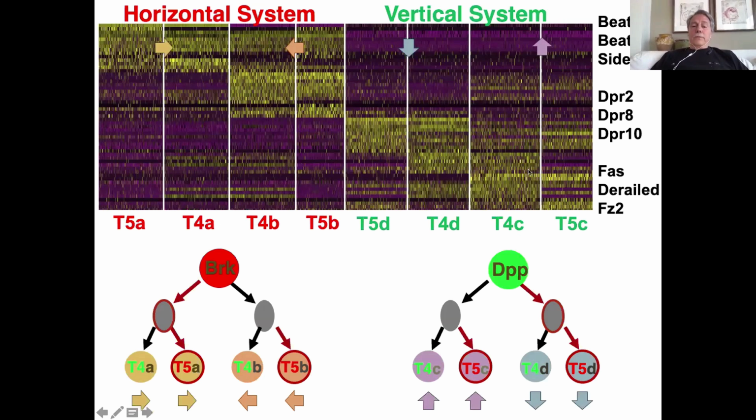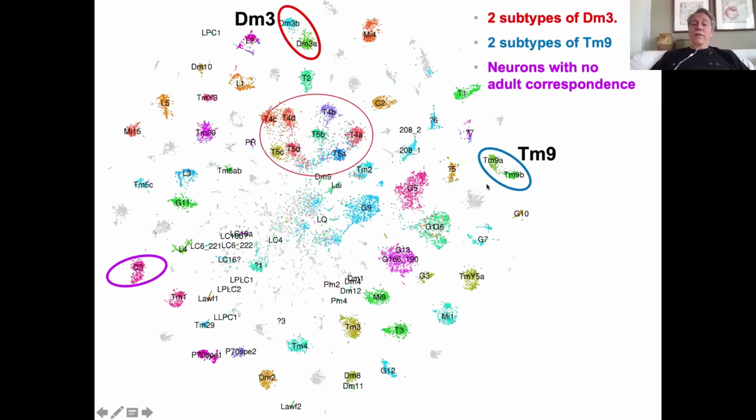Okay, so this is at 50% pupation, where you can see you have these 8 beautiful clusters. And what can we learn from this development? So I circled in red and in blue here 2 other neurons, which are interesting because those neurons also, like T4/T5, were only generating one type of neuron in the adult, one cluster in the adult. And yet at 50% pupation, they form 2 clusters in this case and in that case.